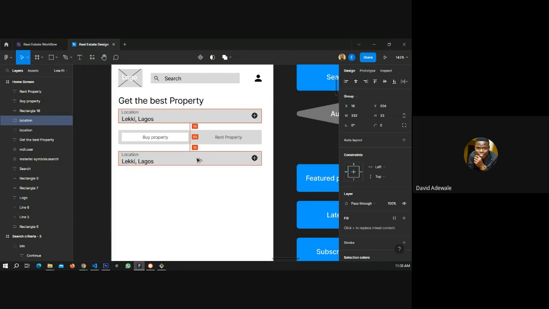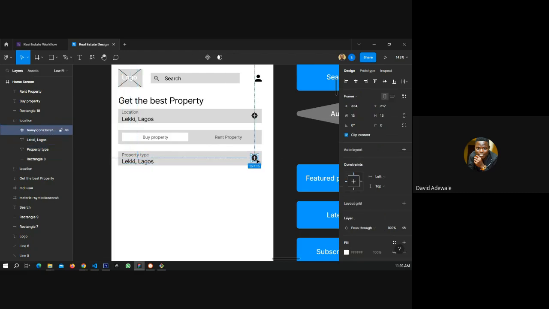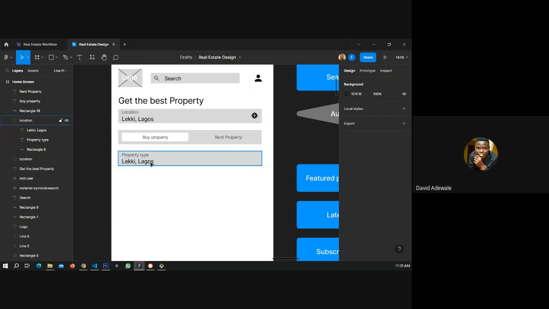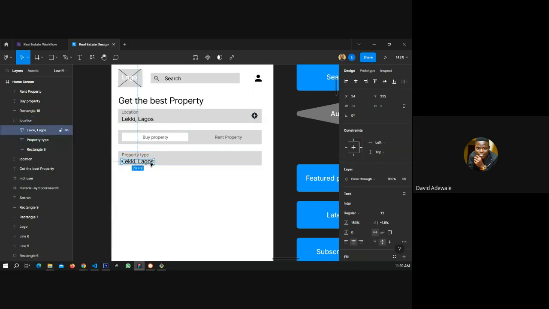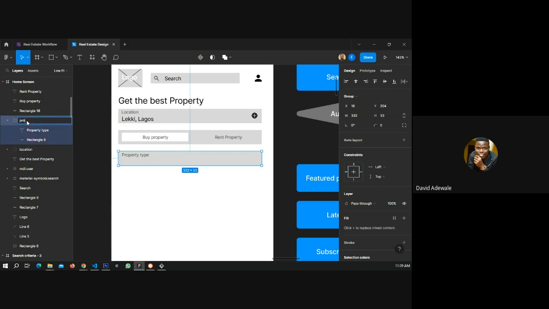Yeah. Property type. So probably it's going to be a drop down.